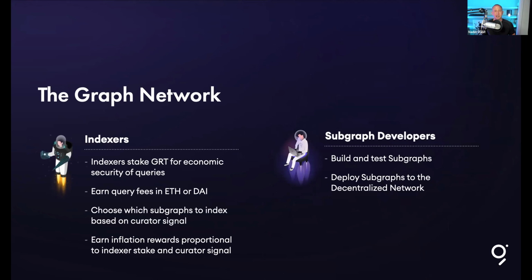These are typically site reliability engineers, or I guess more likely DevOps people who can deploy one of these indexers, and they are going to be essentially allowing developers to deploy their APIs to the network, and then they are going to be processing those APIs. Subgraph developers are the developers that are building out the APIs, describing the data that they want to index.